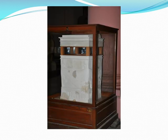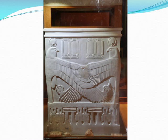These canopic jars were also placed inside a canopic chest, which was originally made out of alabaster. However, only a few parts of the alabaster remain, while the rest of the canopic chest was totally restored. This canopic chest is topped by a lid that takes the form of the per-wer, followed by a cavetto cornice. As for its body, it is decorated by 4 representations of Ra Horakhty with outstretched wings, replacing the 4 mourner